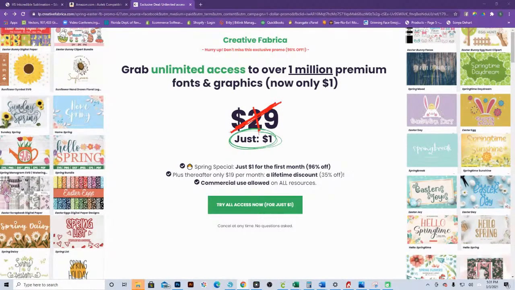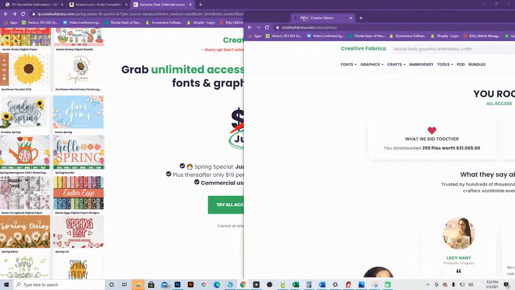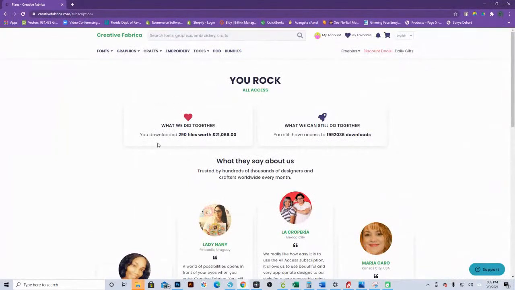I've had this for a while. I've paid nowhere near it. I've never seen this before, but this is what it showed me about my account. It says I've downloaded 290 files. And those files all together, with my subscriptions, of course, it doesn't come out to that, but I have downloaded over $21,000 worth of files, fonts, all sorts of things. And I've had it, I don't know how long now. Even if I had this for,